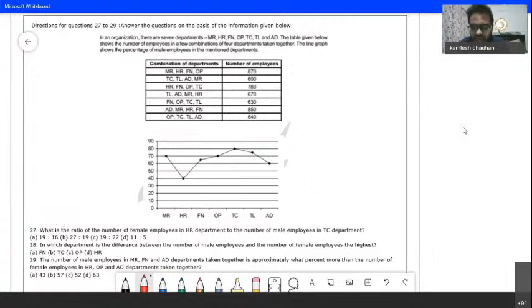Okay, so everyone, this question is to understand a certain type of logic to solve the questions. You may get this type of logic to solve. So let's see, everyone. There are 7 departments, and the table given shows the number of employees in a few combinations of 4 departments altogether. The line graph shows the percentage of male employees in the mentioned departments. If you see,